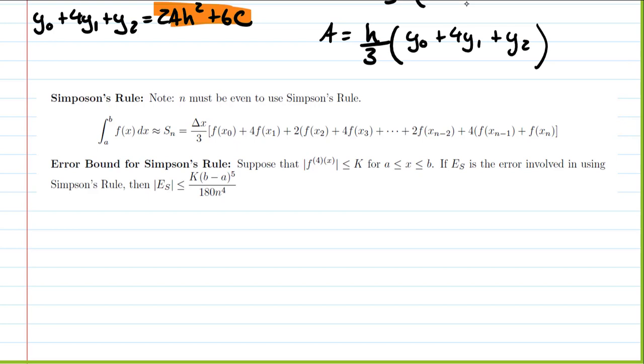All right, we're out of time. I do owe you an example of Simpson's rule, but it's really not that different from what we've been doing. I will do this